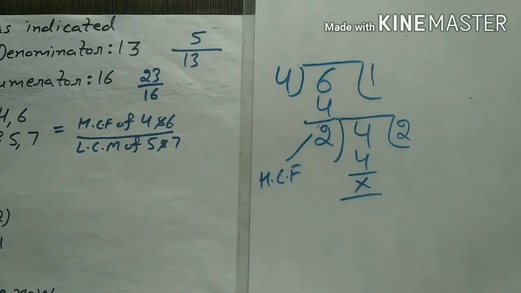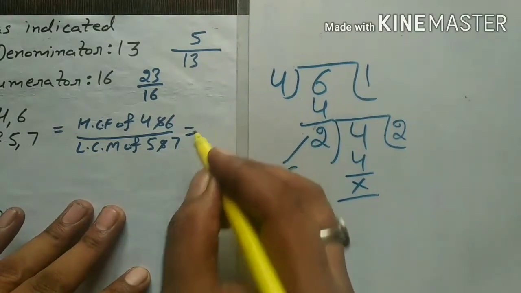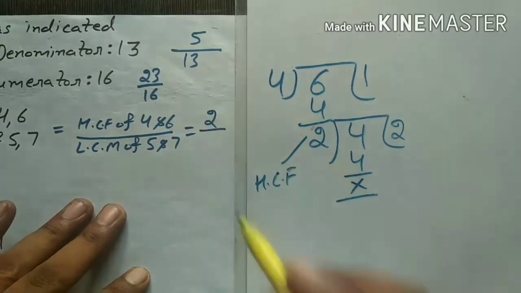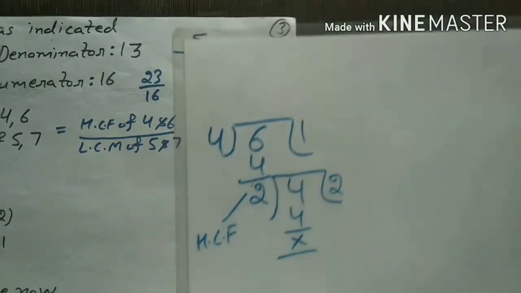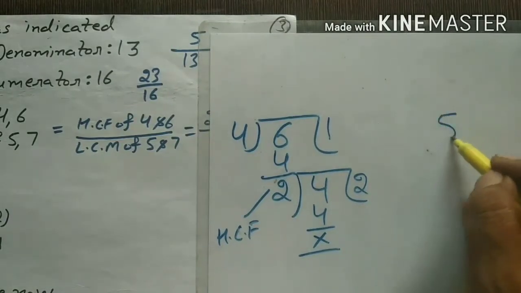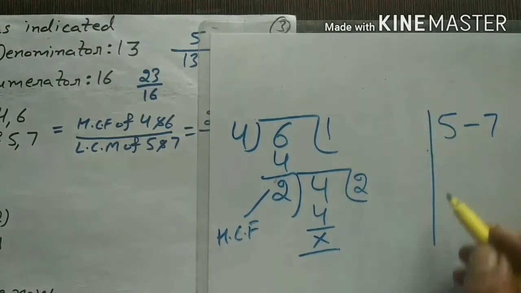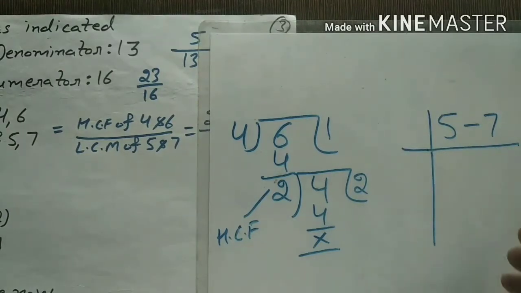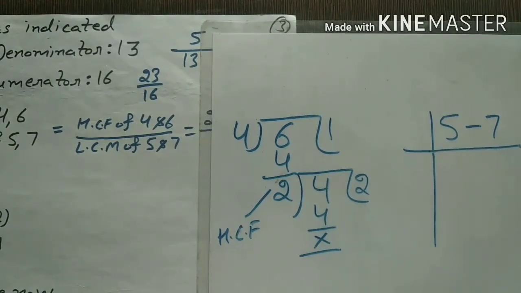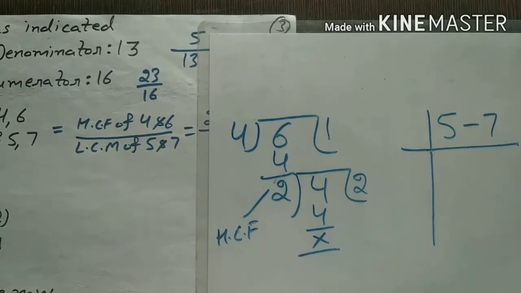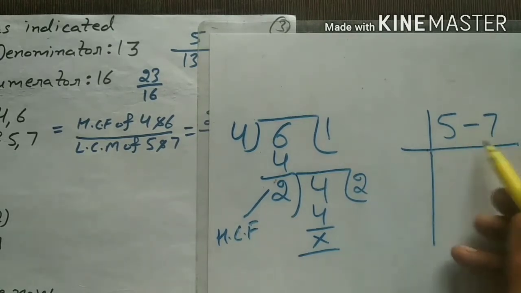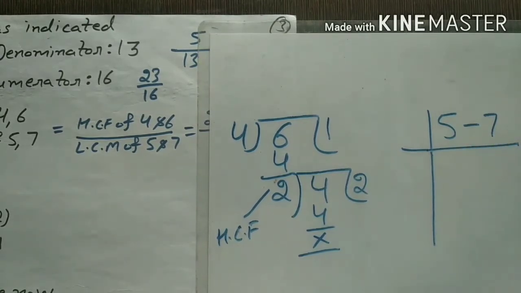Okay student, now what will you do? You will write the HCF on the numerator. Now the turn is of LCM. Here you see how you will find LCM. First of all, in order to find LCM, you must see the first prime number 2. You will observe whether there is any number that is divisible by 2. If it is, then you divide that by 2. Otherwise, you will skip this and go to the next prime number 3.